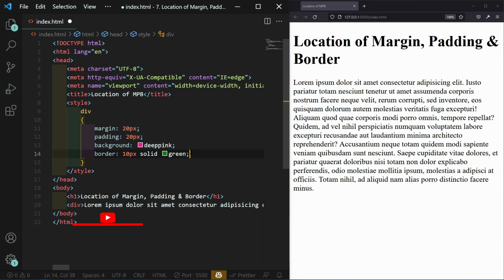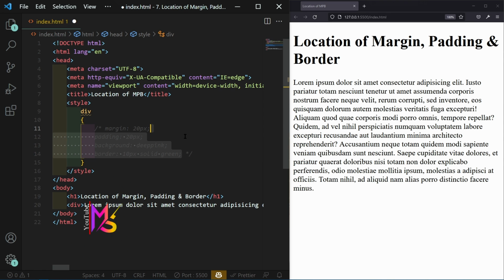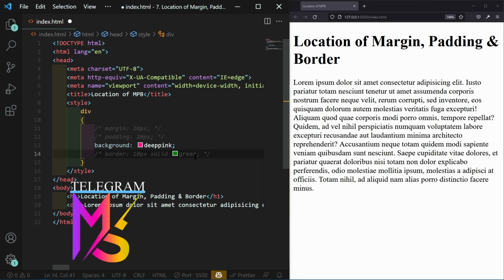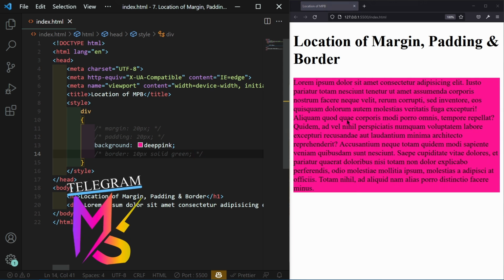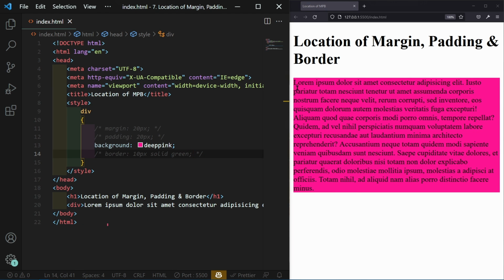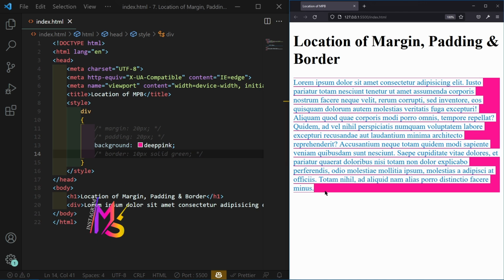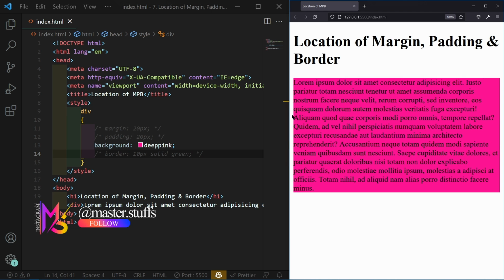First, I comment it all out and save this. No CSS is applied here. Now I comment out everything except the background. I just set a background color and save this. As you can see, the background color has been set on the div element. Now see the padding.